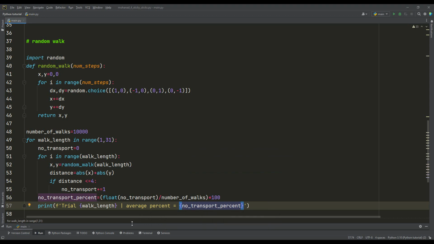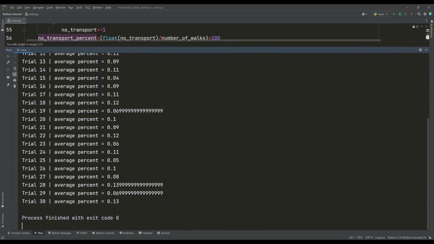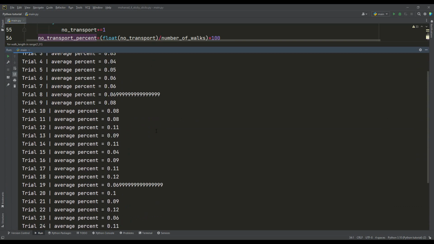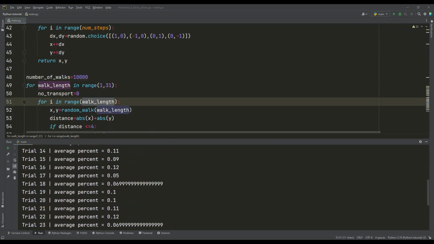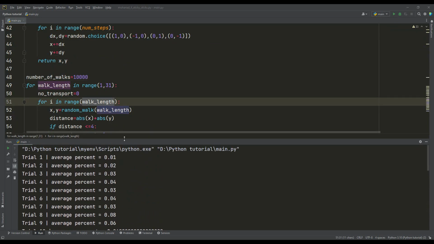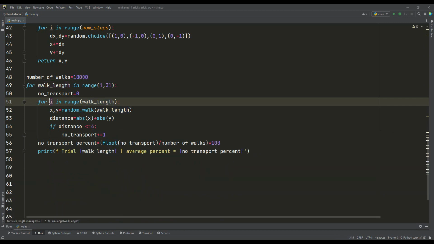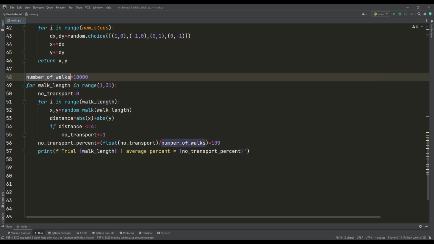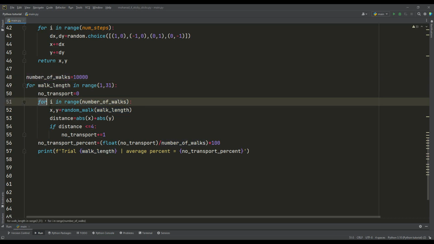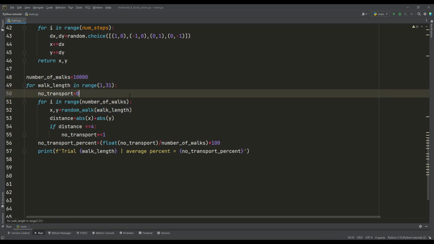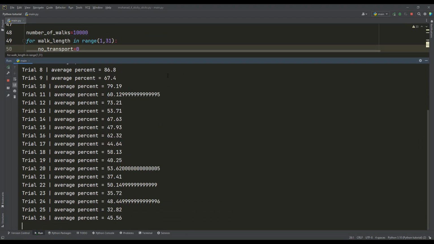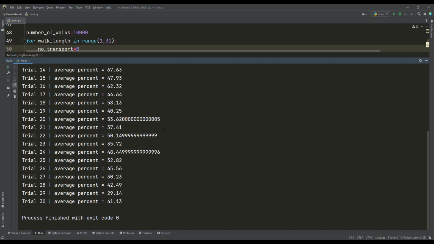And when we call this function, the result is a little bit strange, because the inner loop here is looping through this outer loop, and this is not correct. I want to loop through the 10,000, not through the walk length. And when we run this code again, yeah, we will see here that